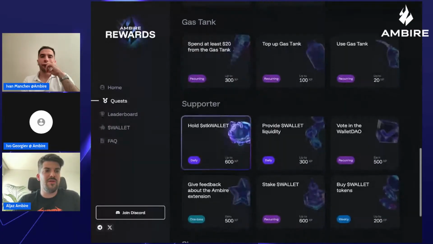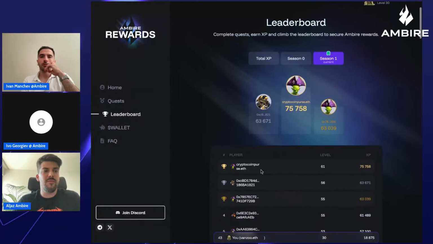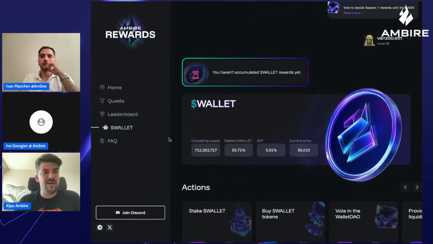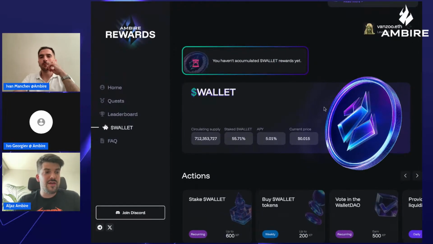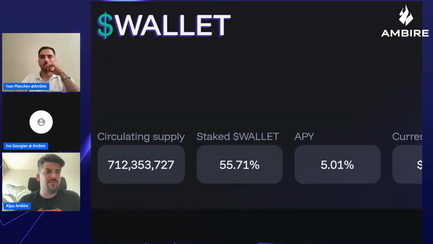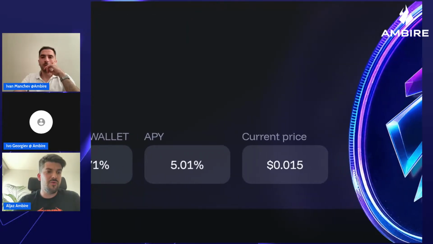You get XP for swapping, sending, bridging, trying out transaction batching, paying us with gas tank, and each transaction on eligible networks, there are 5 or 6 of them at the moment, but we will add more, earns you XP.